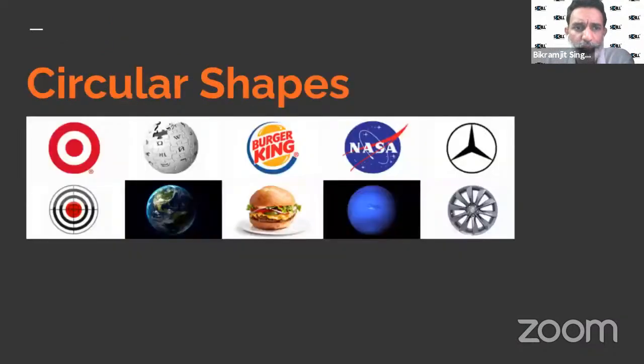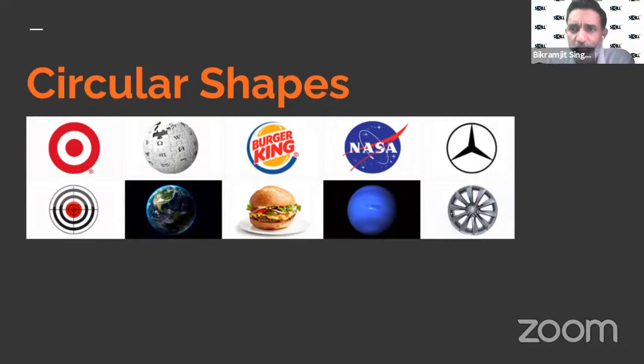Let's see the third one, the circular shapes. Of course, you can see on the screen that our planets and even the sun are round, which is circular. In a similar fashion, Wikipedia, Burger King, NASA, Mercedes all have used rounded logos for their branding.